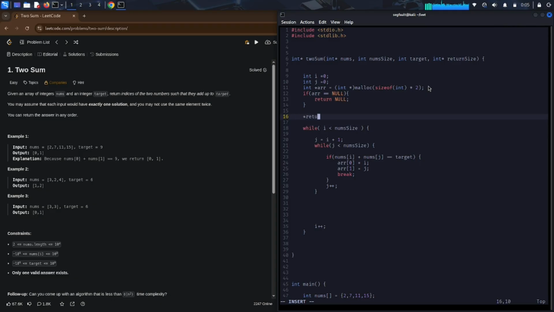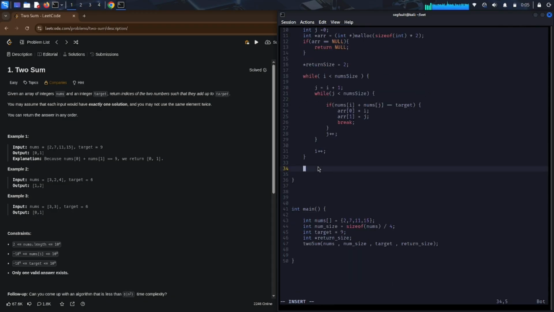All right, so the return size equal to 2 like this. Then that's it, I guess. Let's remove these spaces, and here I need to return the array. Alright, or let's just do it right here. So return array. This return array will stop the execution of this function and get out from this function